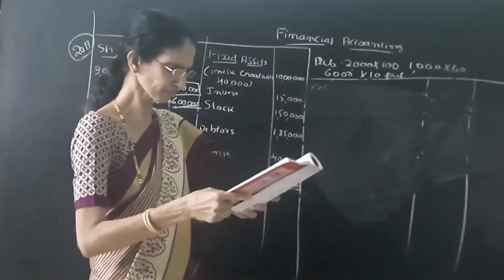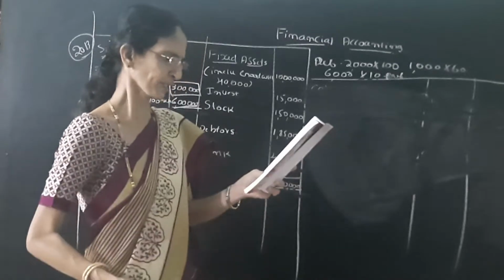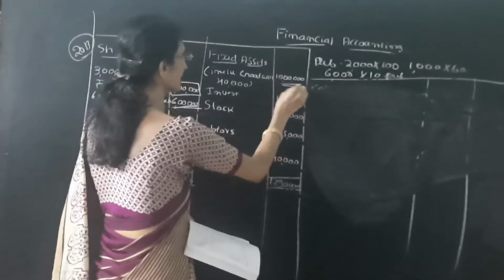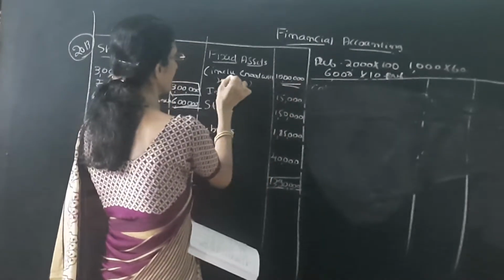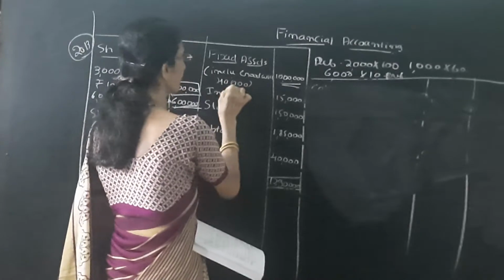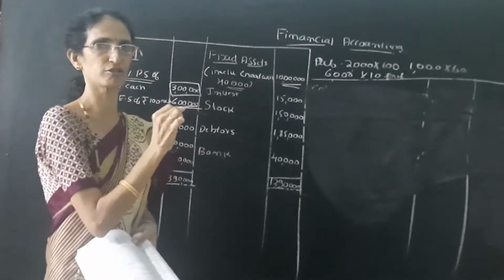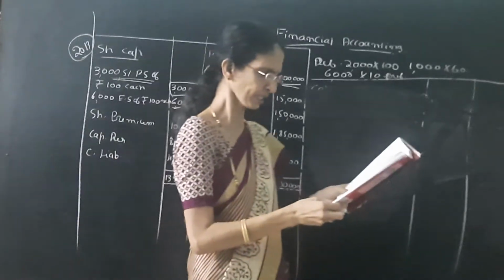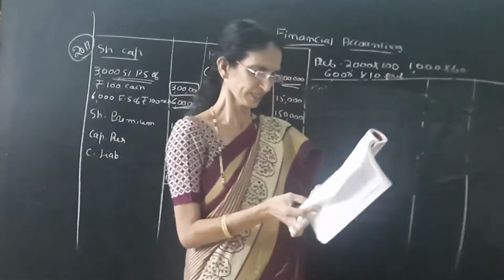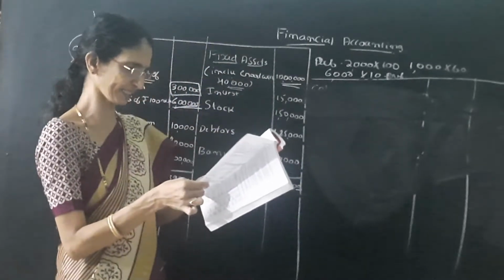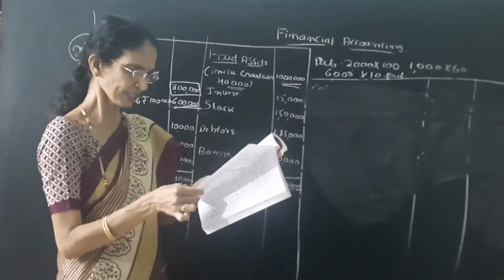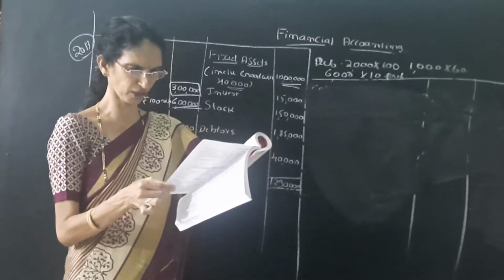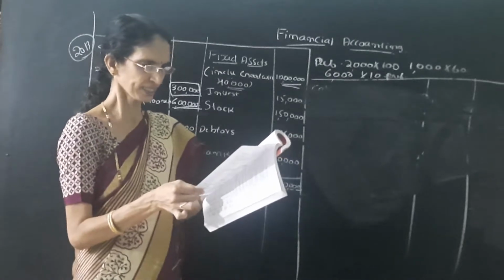Goodwill is to be written off. Fixed assets are to be reduced by 80,000. Here fixed assets are 10 lakh, of which goodwill of rupees 40,000 is included. So goodwill 40,000 should be written off, and from the remaining we have to reduce 80,000 rupees. The next is stock is to be increased by rupees 4,000. Sundry debtors are written down and investments are to be brought down to their market value of rupees 13,000.